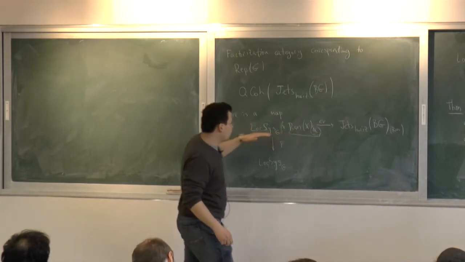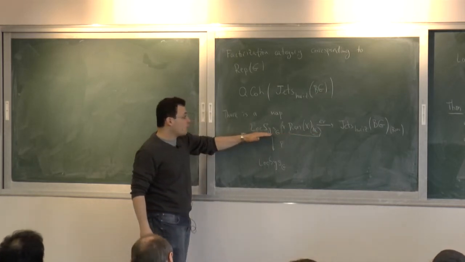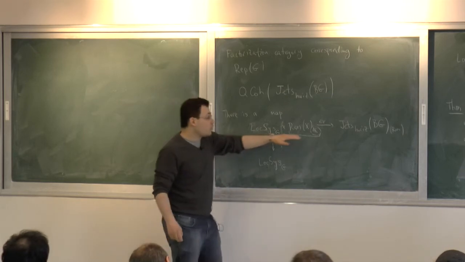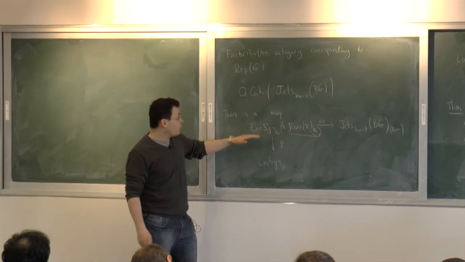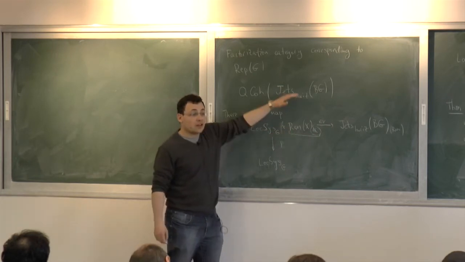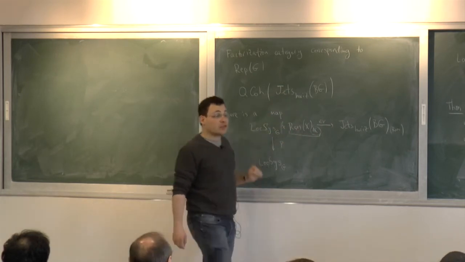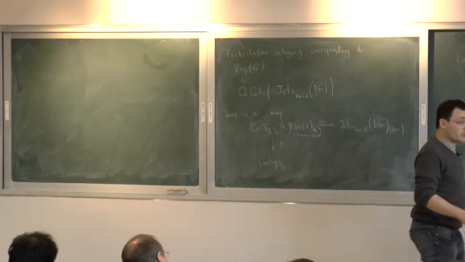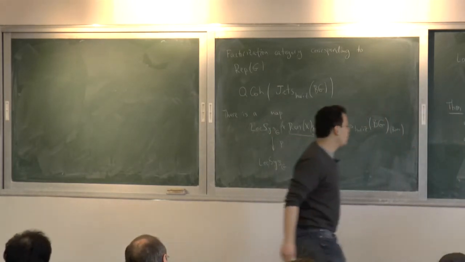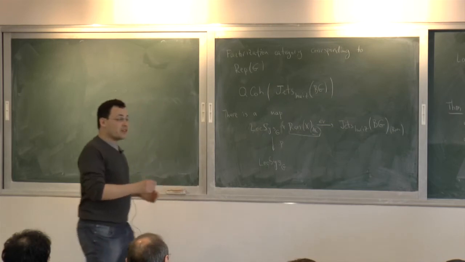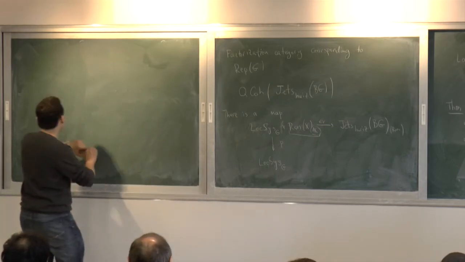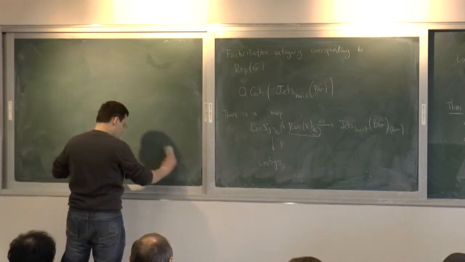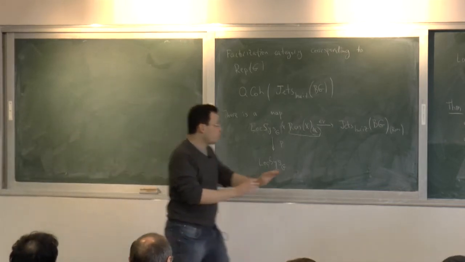So the category that we're considering here is quasi-coherent sheaves in the local system direction, and D-modules in the Ran space direction. And this pullback functor is just constant along the Ran space. And you remember the D-module structure there. That's all I mean. For the time being, that's all I want to say about this thing.